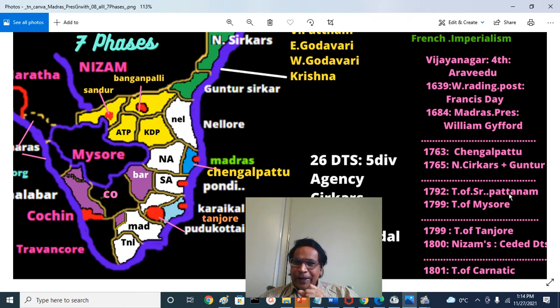Tipu gave Baramahal, that is essentially Salem district, that is Krishnagiri here. Then we have Dharmapuri, Salem, Namakkal, and Dindigul region, that is the Palani hills and north of Vaigai Valley, Dindigul region. So in the third treaty, in the third phase, the British obtained Baramahal, Dindigul and Malabar region, historic Malabar, which was previously ruled by the Zamorin Maharaja, and whose territories were conquered by Hyder Ali in